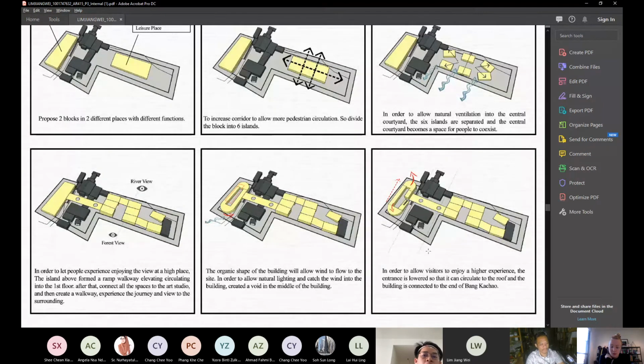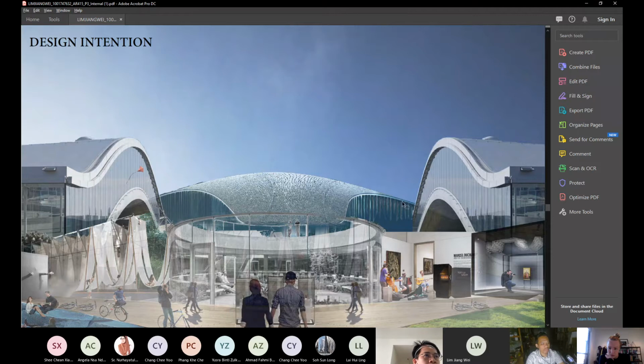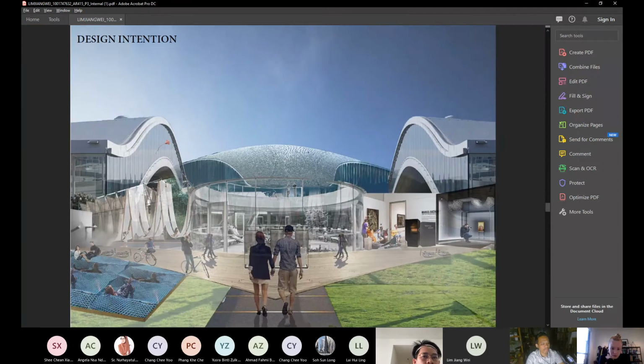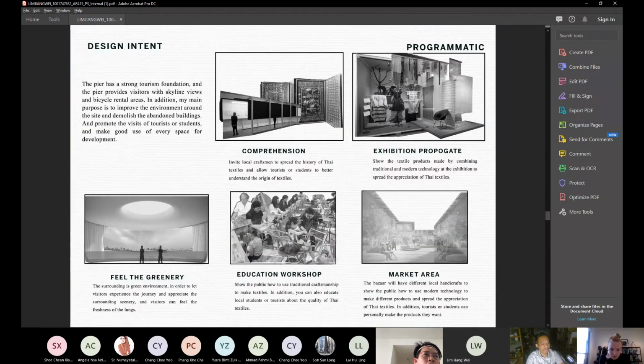So for this, allow the visitors to enjoy a high experience. The entrance is lower, so there is security to the roof, and the building is connected to the end of Pangacha. So this is my design intention. But yeah. So my design intention is the pier has a strong tourist foundation, and the pier provides the visitor with